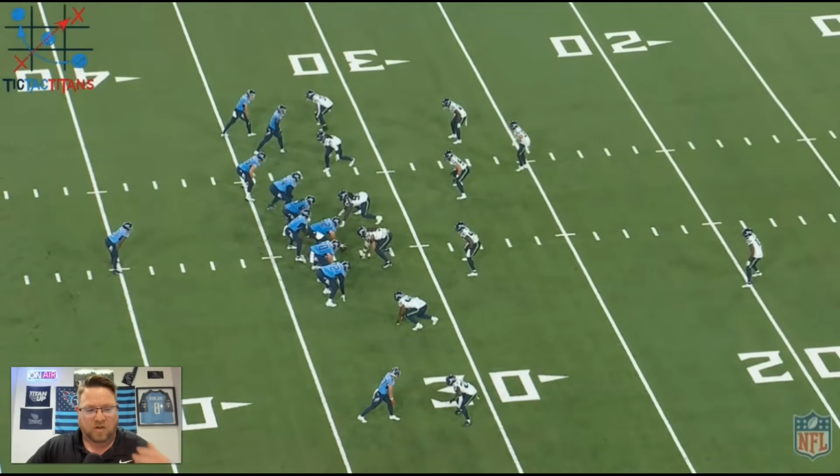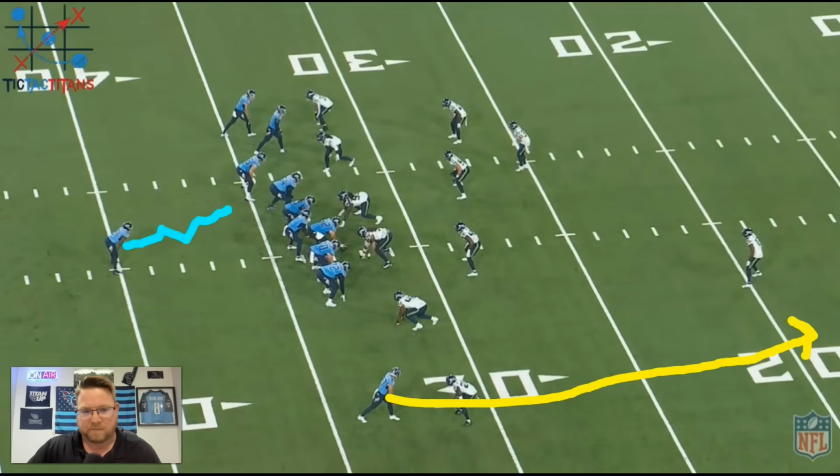So, again, this is a classic play-action concept. You're going to have the play action right here, Malik Willis is going to then turn around and look. You got a vertical clear out route from Sam Schnee right here. Mason Kinsey is going to run the deep crossing route. And then you're going to have Jha'Quan Jackson right here